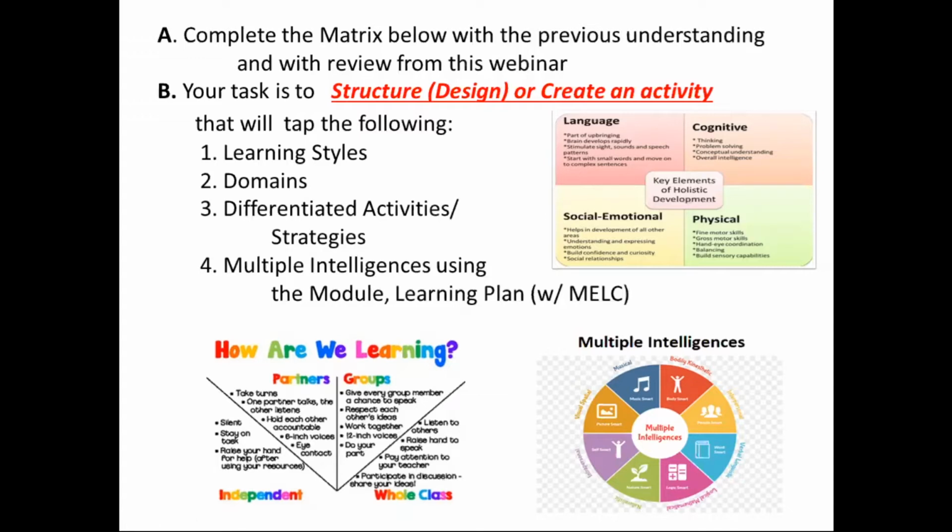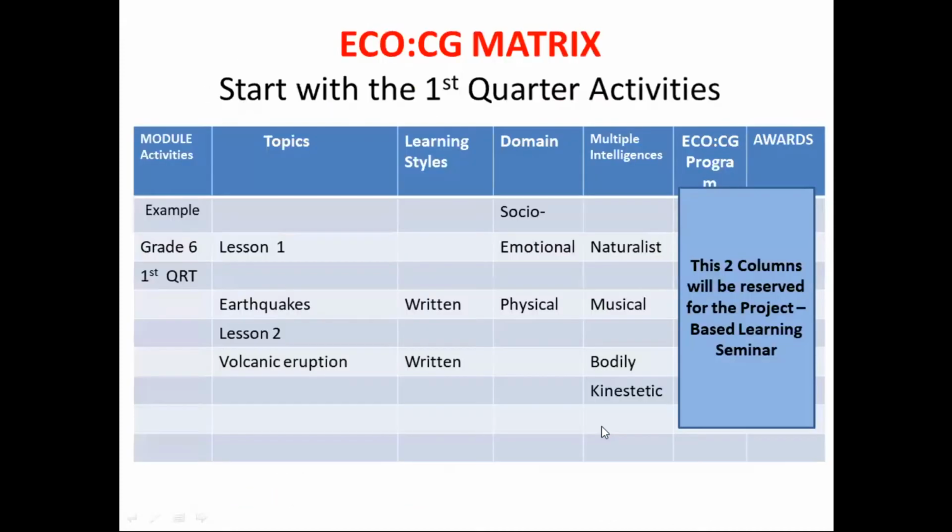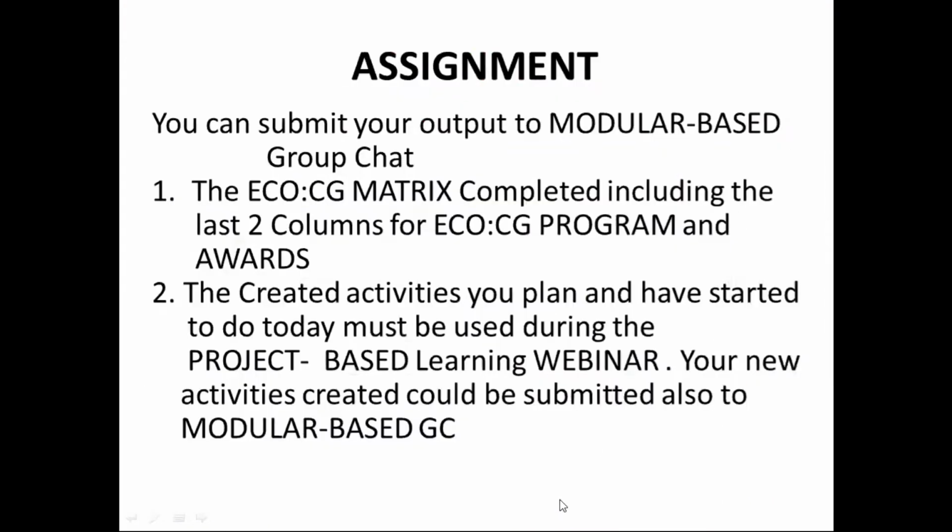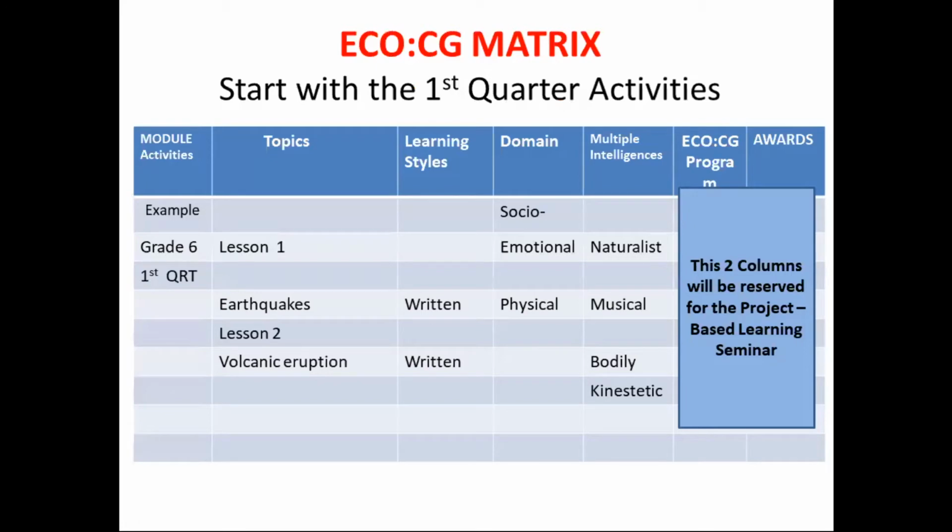So you need to see further how are the activities in your module distributed to the differentiated learners, and how is this done? Is it individually, by partner, group, or the whole class? Okay, so I'm going to show you the next slide, and here is the Echo CG matrix, just to show you how you are going to do the workshop. Of course, you have the module